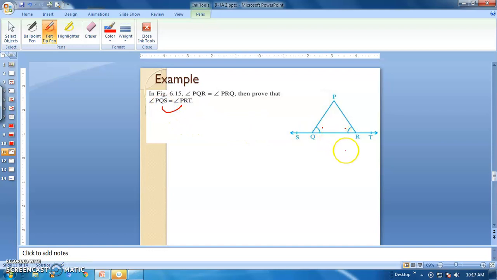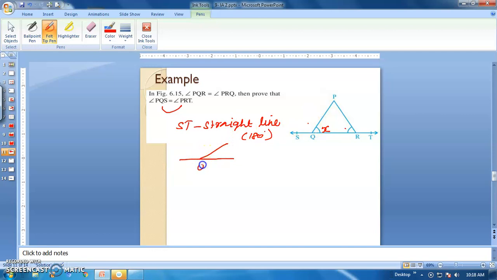Now what is ST? Here ST is nothing but a straight line, right? ST is nothing but a straight line. And what about the angle? So 180 degrees, right? And so here, for example, if we take this one as X, what about this one? So listen here, I'm drawing separately.